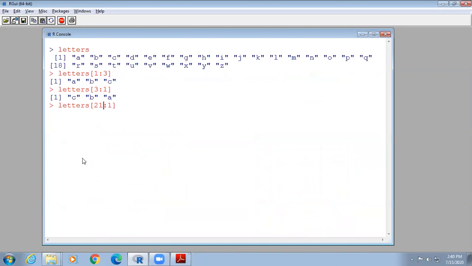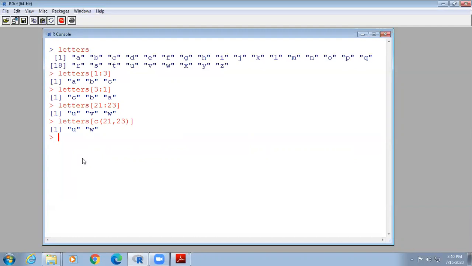Suppose 21 to 23. Then by taking vector c of, suppose you want 21 and 23, not continuous letters.